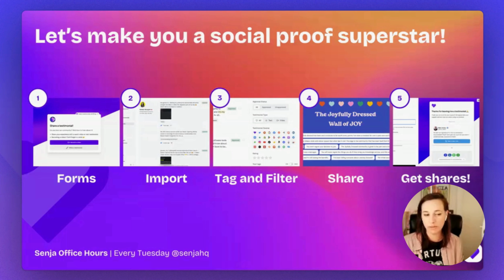So we're going to go through how you can set up your own testimonial form, what you might use those for, because there's more than one way to use those forms. We're going to talk about importing. How do you get stuff from all over the internet and pull it into your Senja account? Right? People are talking about you everywhere. We want that in Senja. How to tag, filter, organize your testimonials. How to share your testimonials. That's pretty important, right? We have all these cool widgets, images. You can put testimonials in emails, DMs, and more. And then how to get shares, how to get your audience sharing, which I think is one of the coolest